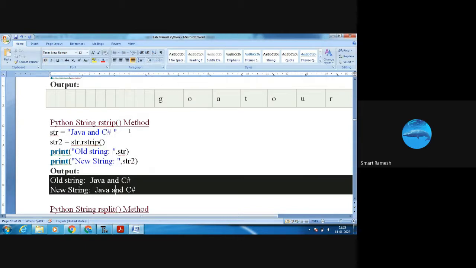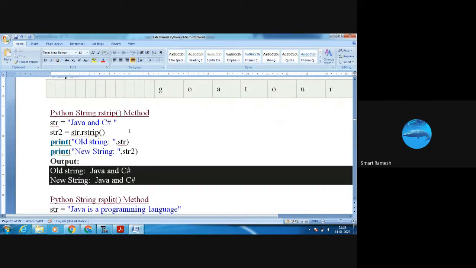Here two times I am giving str2, then only we can easily understand. Two times means Java and C sharp continuously. Here also it will print Java and C sharp, because we have removed the white space at the end of the string.